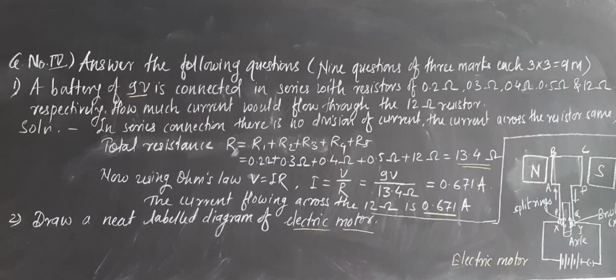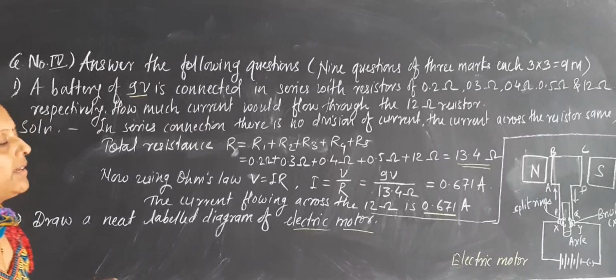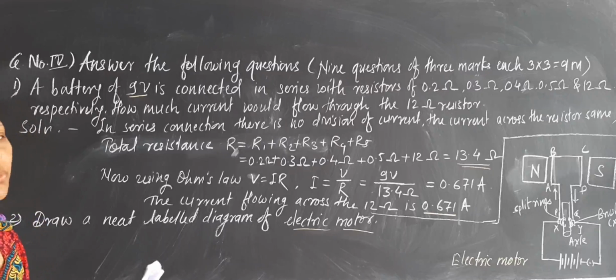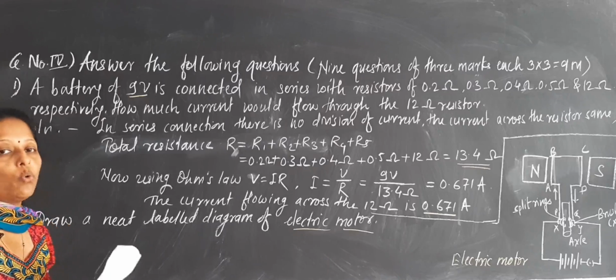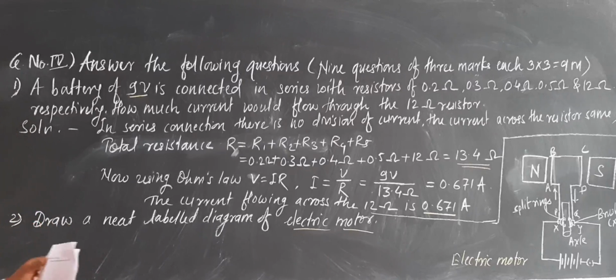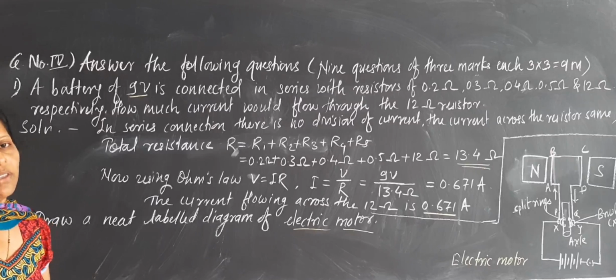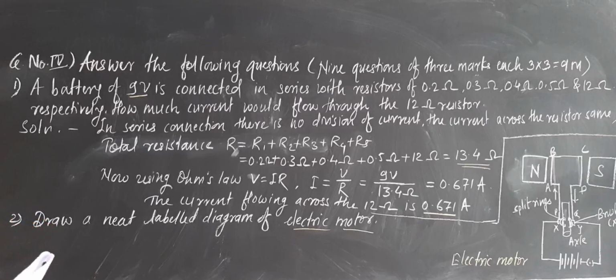So here the next question is question number 4. Question number 3 we saw now: answer the following questions in 2 to 3 sentences each, and there are a total of 8 questions for 2 marks each. Now question number 4 is also answer the following questions, and this is the 3 mark question. So you should write the answers in 5 to 6 sentences.